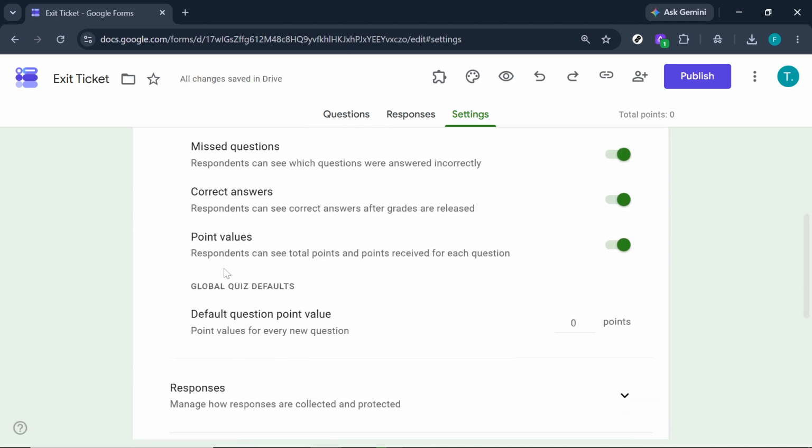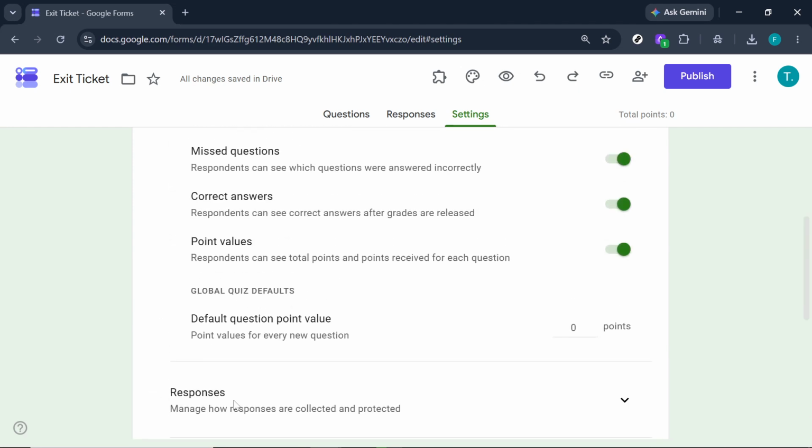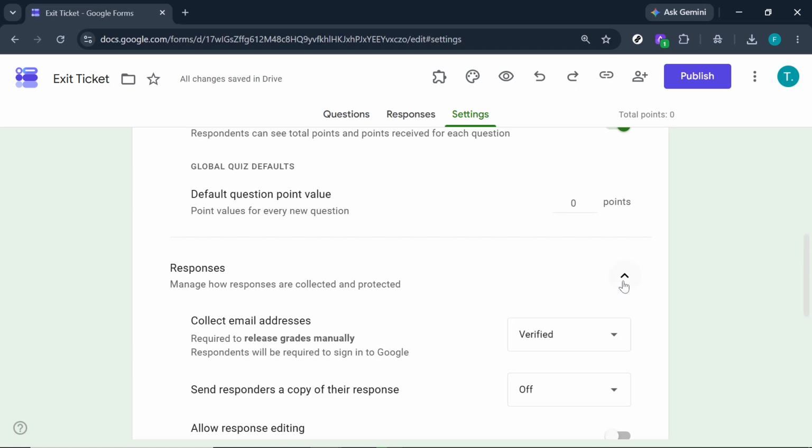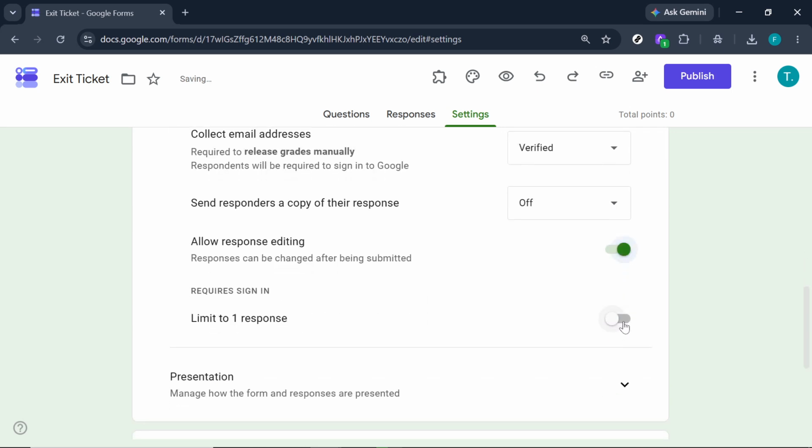To protect the integrity of the responses, expand the Responses drop-down. Enable the option to collect email addresses to ensure you can identify each student. Additionally, toggle the Limit to One Response feature so that each student can only submit the exam once, preventing multiple